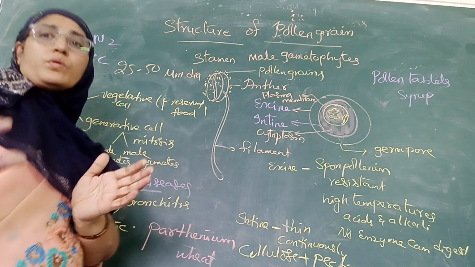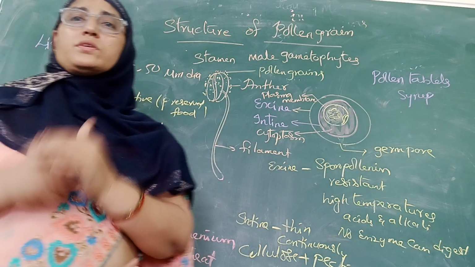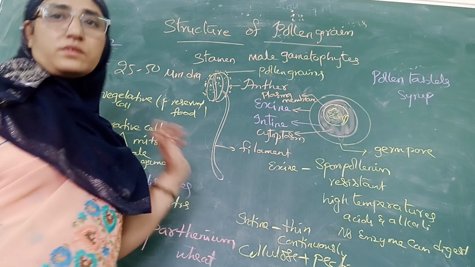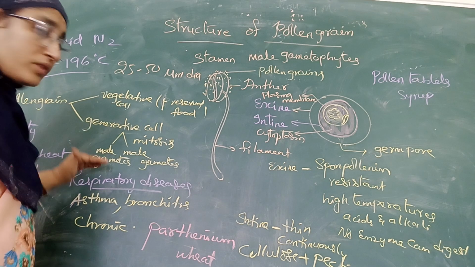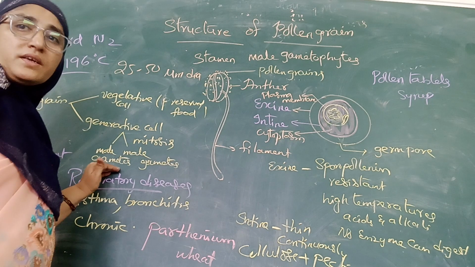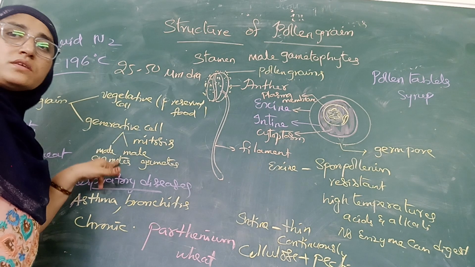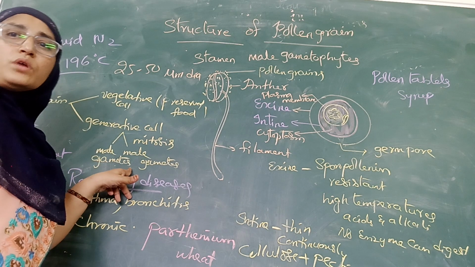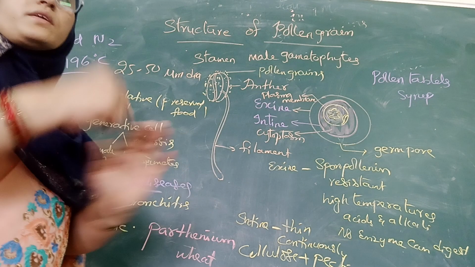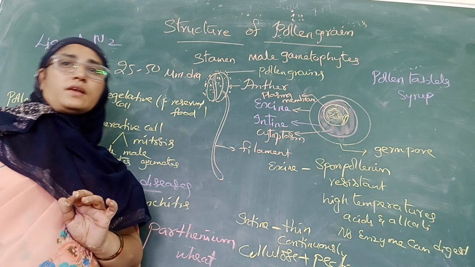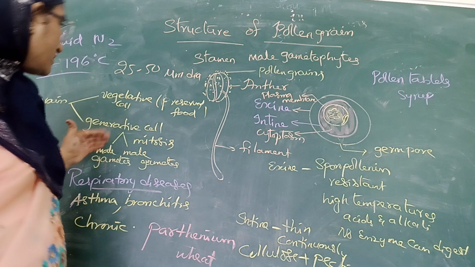Most pollen, nearly 60% of plant species, shed their pollen during this two cell stage. Whereas in the remaining species of plants, further changes take place in the pollen, where the generative cell divides mitotically into two male gametes. During this three cell stage, it sheds off and tries to reach the stigma for fertilization. Understood?